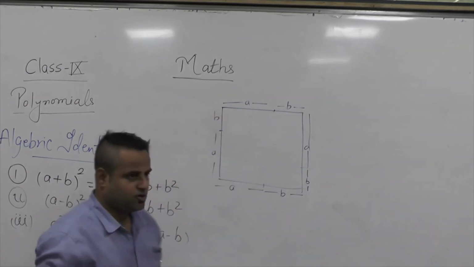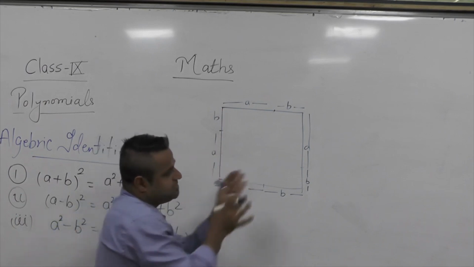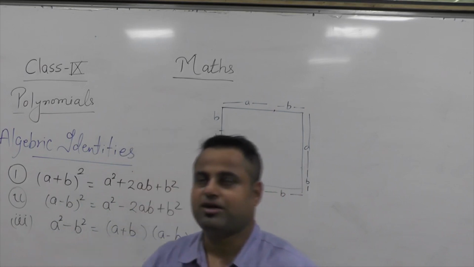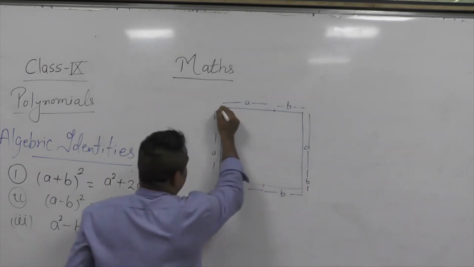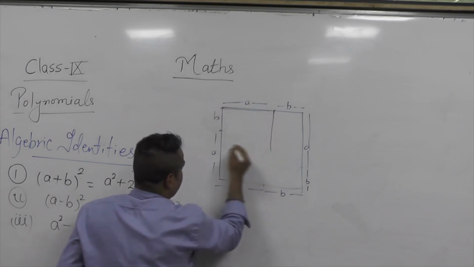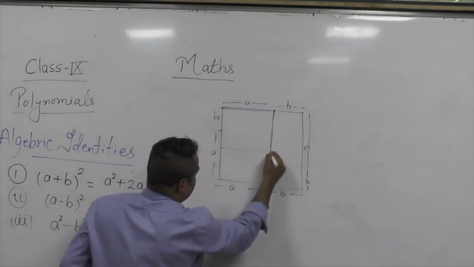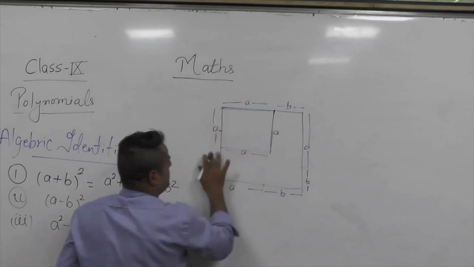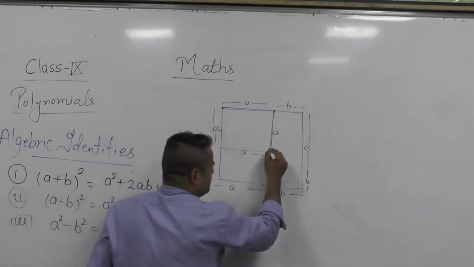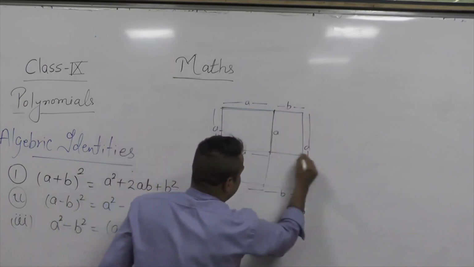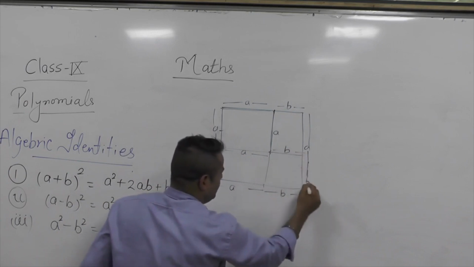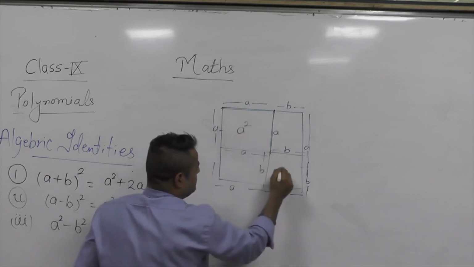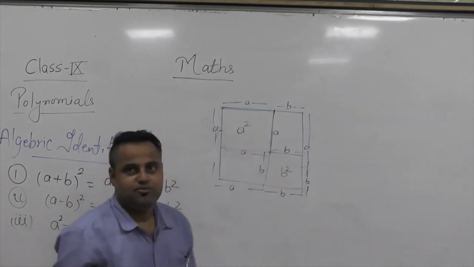Now do one thing. You can divide this square into 2 parts, because the side is divided already into 2 parts, A and B. So what we are doing here is taking this A and making a square so that each side of it is A. And here, as you can see, the remaining part is B, so this length is B, this also B, this also B, and that is also B. So this square is A square and this square is showing us the B square.